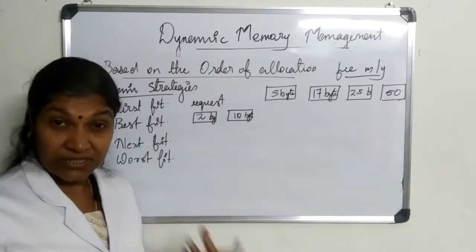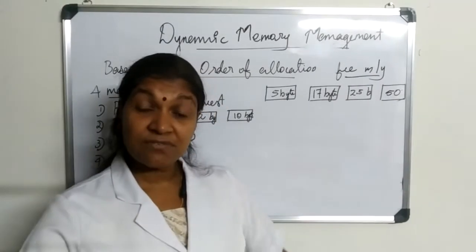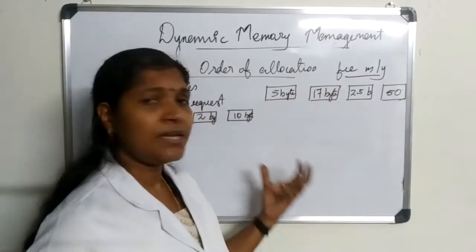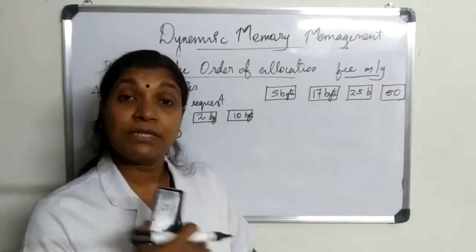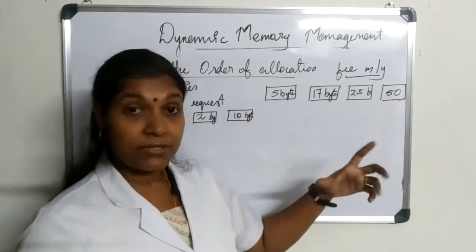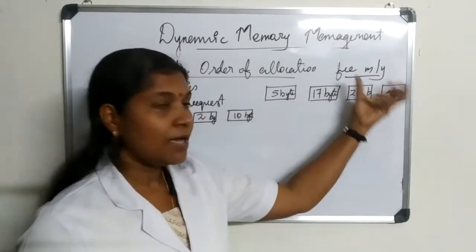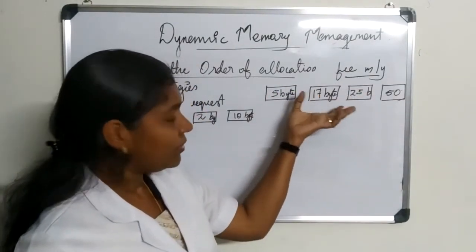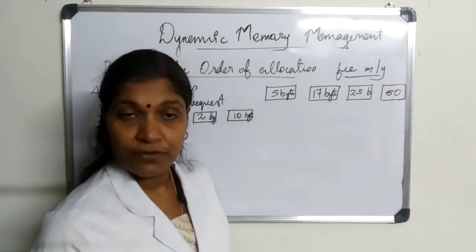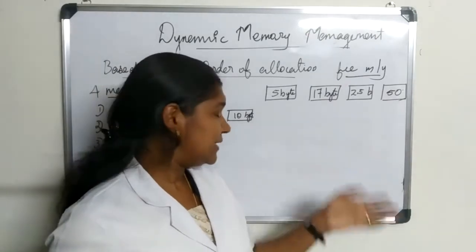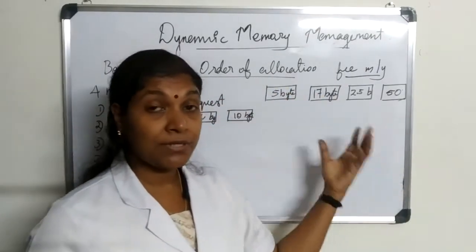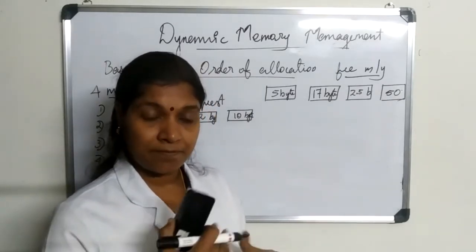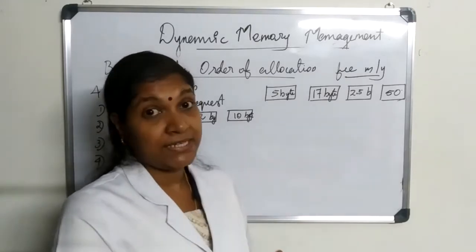The next is the worst fit. The name itself indicates this is the worst method out of these four strategies. Whatever request comes, regardless of the requested size, it will search for the largest block present, and that would be allocated for the first request. Then the second largest memory block is found for the next request, and so on. So you can imagine the drawback of the worst fit scheme: the level of internal fragmentation will be very high.